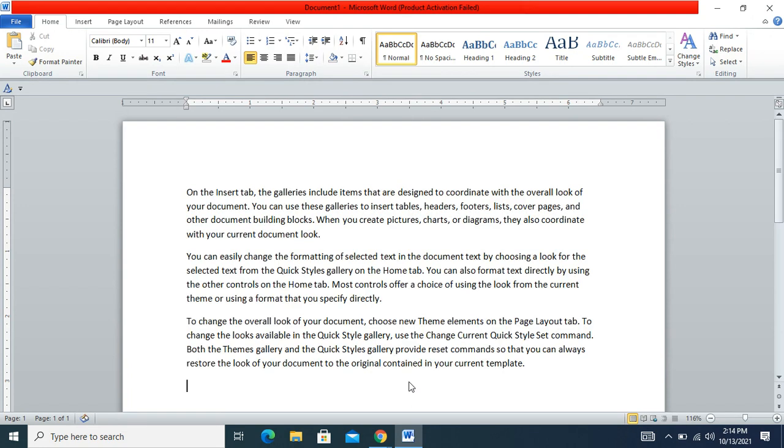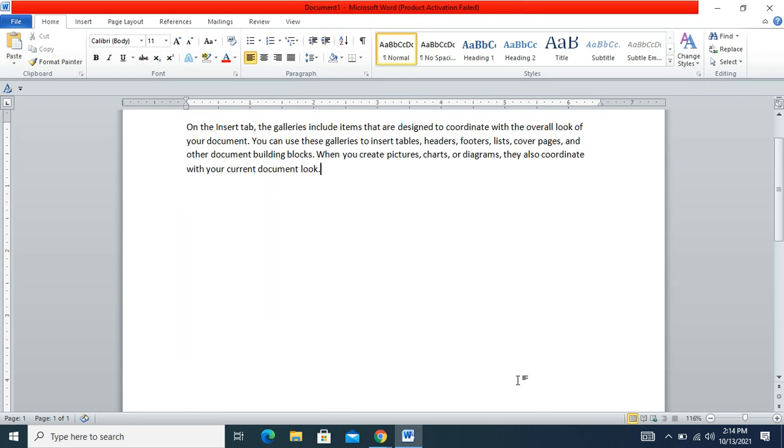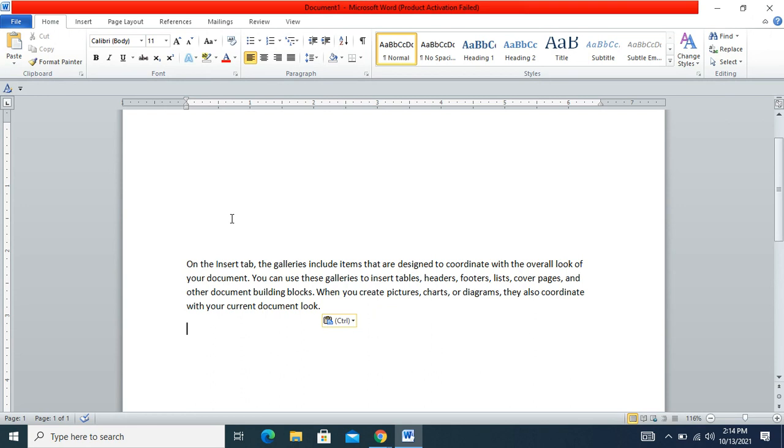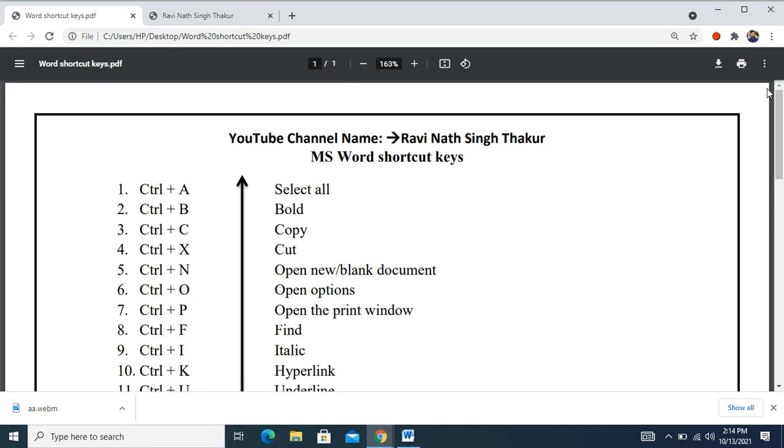Again type some text and select the text. Press Control plus X and press Control plus V. So the text is now available here.